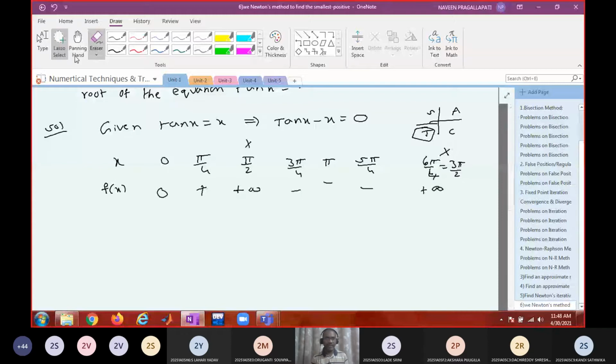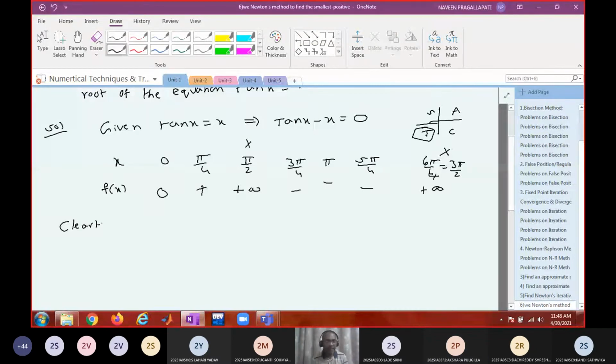So you write like this clearly. It is changing from negative to plus infinity, which means there is an angle between 5 pi by 4 and 3 pi by 2 at which it attains a positive value. So between negative and positive there is definitely a zero, because there is no other discontinuity after pi by 2. The other discontinuity will be at pi by 2 only. Is it fine?